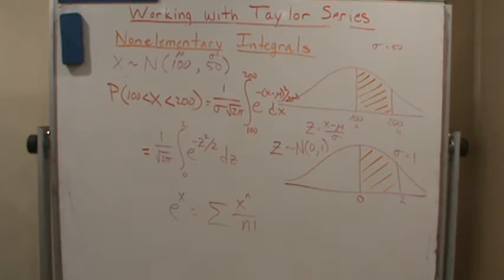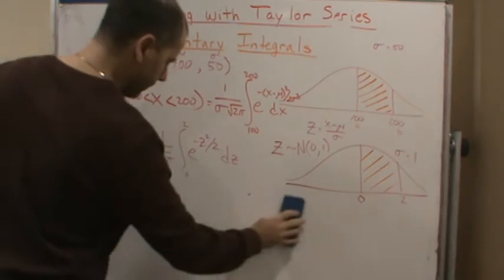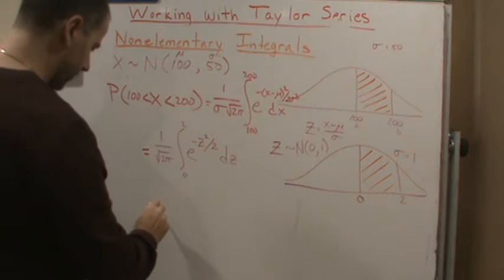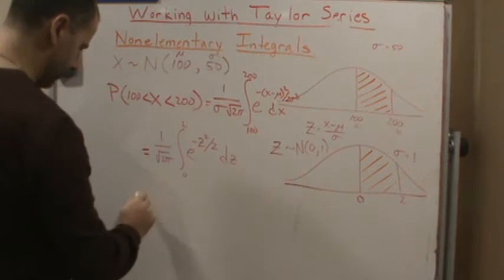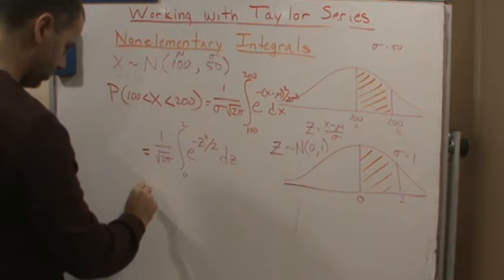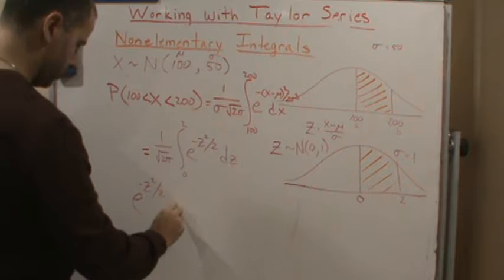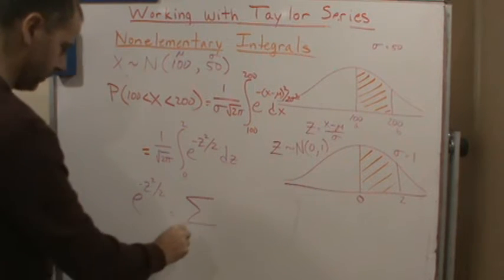We're going to use the fact that we know that to give us the Maclaurin series for this. So let's figure this out first. e to the negative z squared over 2 is going to be equal to the Maclaurin series,